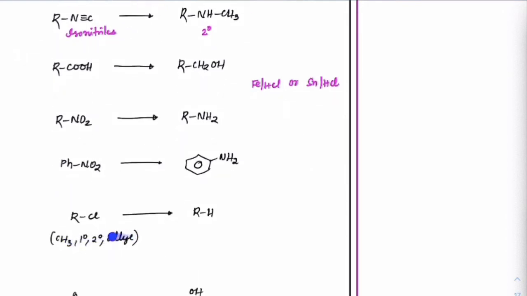Now, if you have an alkyl halide, a simple alkyl halide where you have methyl, 1 degree, 2 degree, allyl, all of these forms will go through an SN2 type of mechanism and form alkane. So basically this Cl minus is replaced by H minus. If you take tertiary, it will go for eliminations, but again we are not coming into that right now. Whatever the important reduction forms are, that is what we are writing. So in the case of SN2, we will get alkanes.